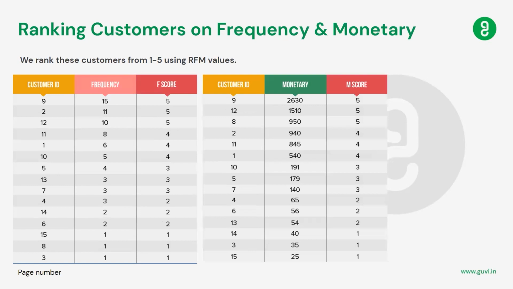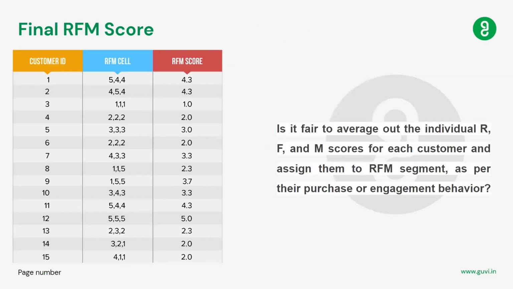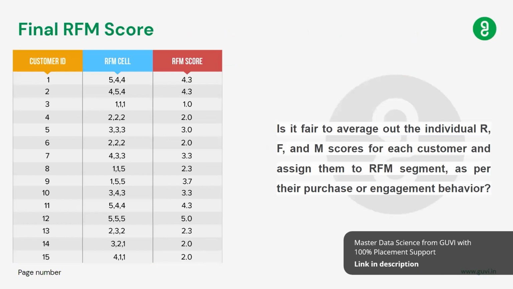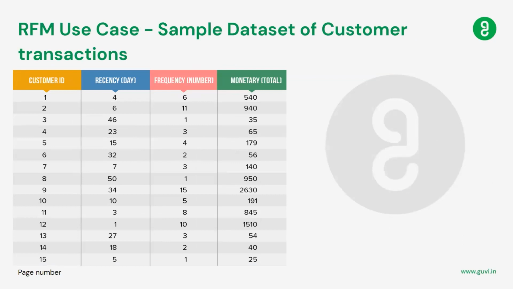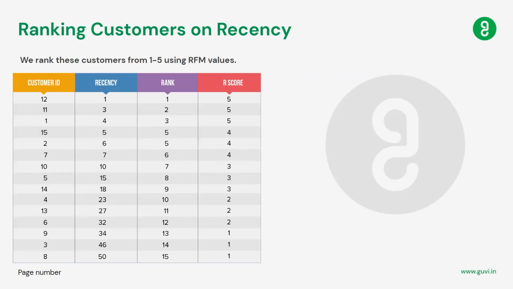Similarly, for the customers on the basis of frequency and monetary, we do the F score and the M score. And finally, we have the final table, which is your RFM cell, wherein, let's say, for the first customer, he had a recency of 4 days, a frequency of 6, and a total monetary value of 540. When we had a ranking on the basis of recency, he